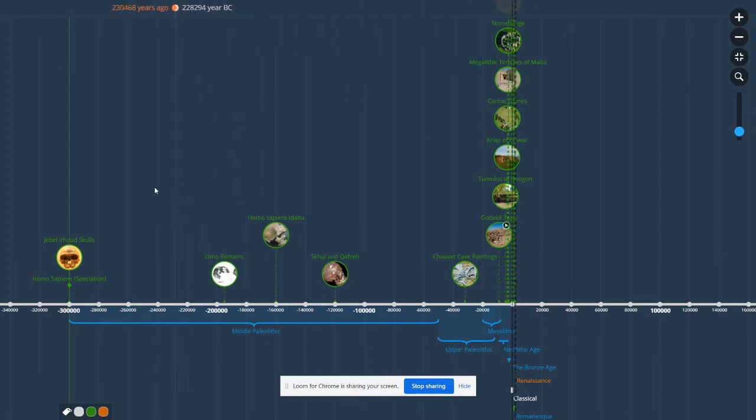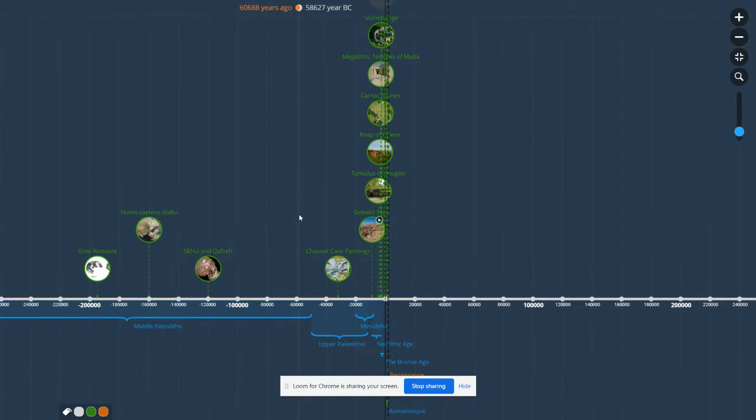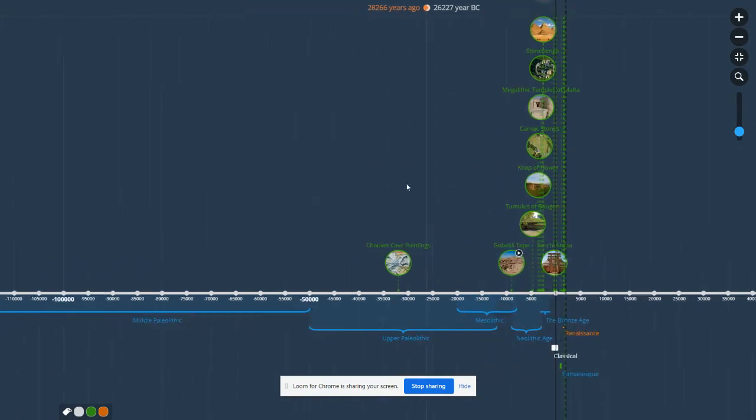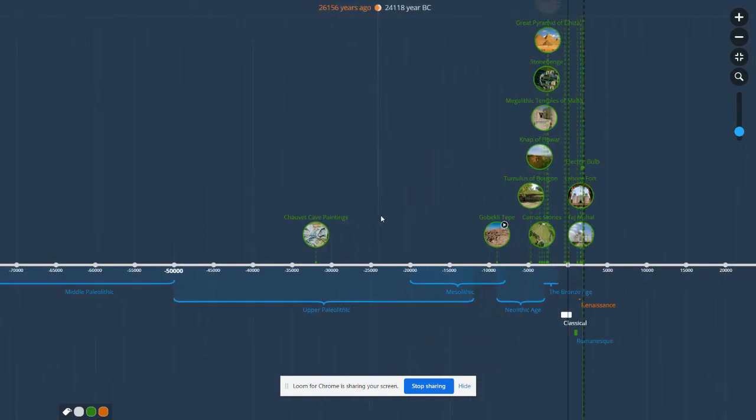And we probably didn't have a lot of architecture going on 100, 200,000 years ago. We had a lot of cave dwellers. So that's why the earliest example of art that we see, and by the way, this timeline is not exhaustive, obviously. There's all kinds of amazing examples of architecture or cave paintings. I just have one here, the Chauvet cave paintings. There are many others. The idea of this is not to be an exhaustive timeline. It's just things that I found interesting. I've put them on a timeline.